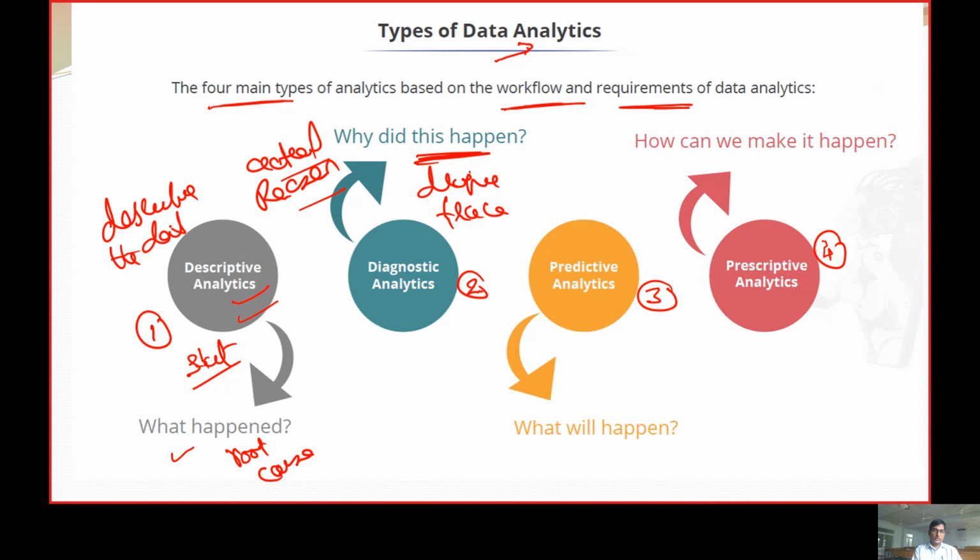Descriptive analysis describes the data: how the data was, what data types it uses, and what attributes there are. How is the data spread, how is the dispersion, the central tendency, the variance, mean, mode, and standard deviation. All these aspects put forward how exactly the data was. That is what descriptive analysis brings out. The next one is to identify the root causes, why it happened. That is where diagnosis happens.